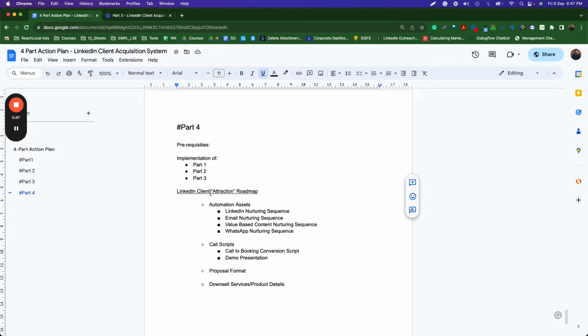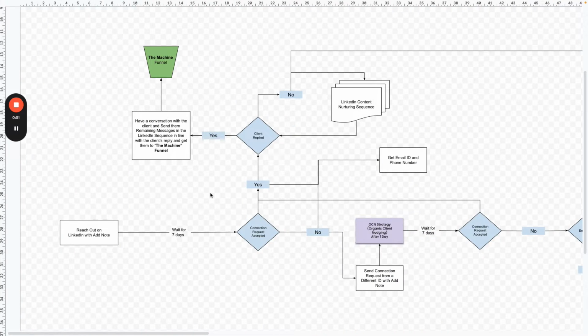Now, once everything is in place, the first action to take is to send your targeted niche a connection request on LinkedIn with add note. After doing that, we need to wait for 7 days. After 7 days, we need to check whether the connection request has been accepted. If the connection request has been accepted,